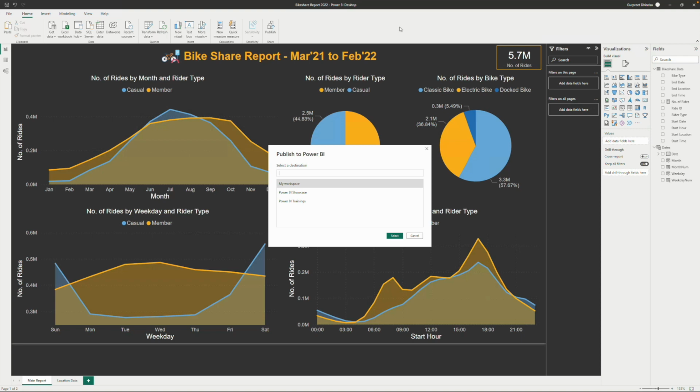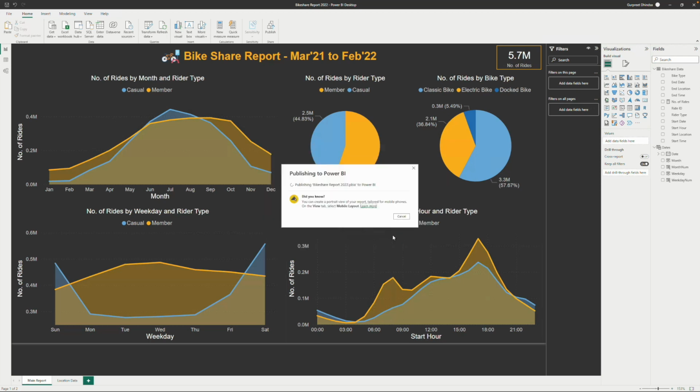So now when we are trying to push it, we have the option to select where we want to push it. We have different Power BI workspaces. I want to push this into my workspace, so just select that and push it. You may not see those other options if you create a new Power BI service account. When I press publish, it's now publishing this report onto Power BI service, and there you go, it's been